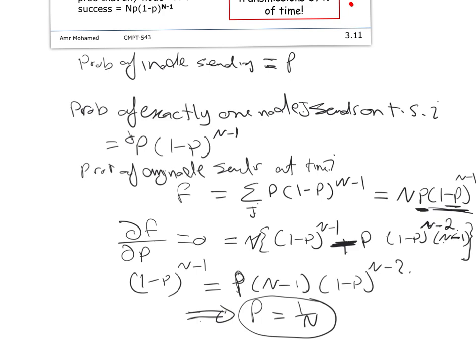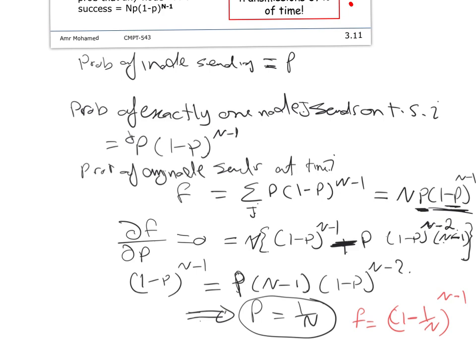After this, if P is greater than 1 over N, the effect of the collision will start to dominate, which means that the throughput will start to decay. ماشي. So this essentially means that F equals, يعني just substitution بقى, (1 - 1/N)^(N-1). صح كده؟